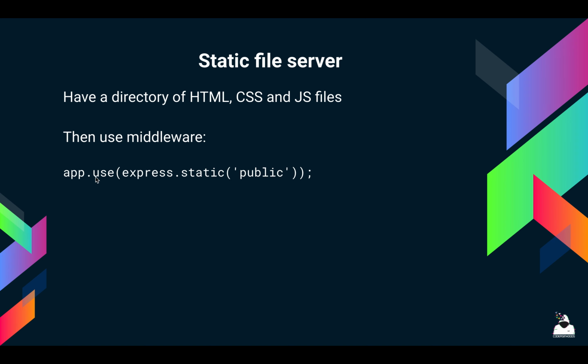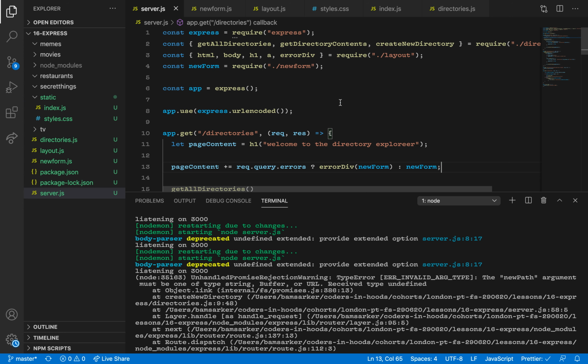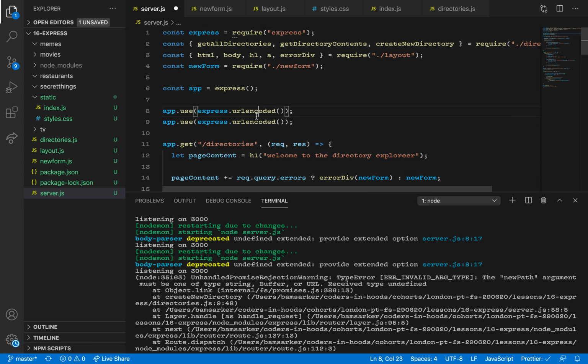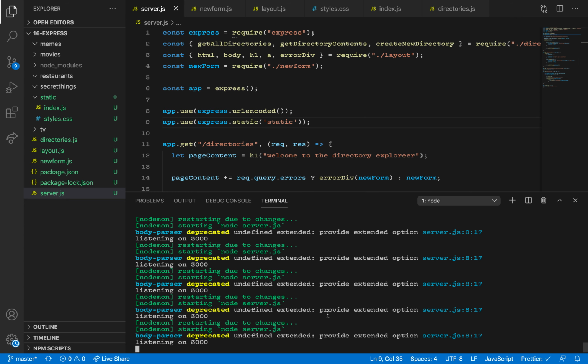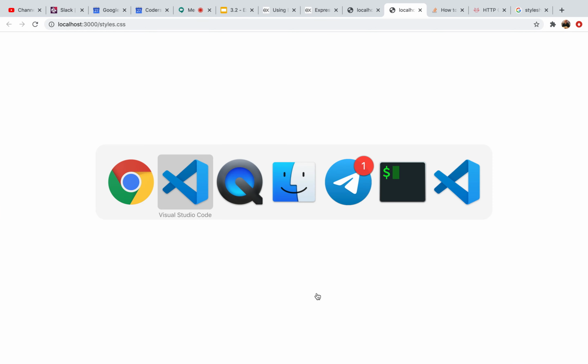So here, again, it's middleware. express.static is the middleware we want to use, and we pass it the directory that we want it to serve. So we're going to use URL encoded, and we're going to use static, and I'm going to use the static directory. And now loading styles.css gives us